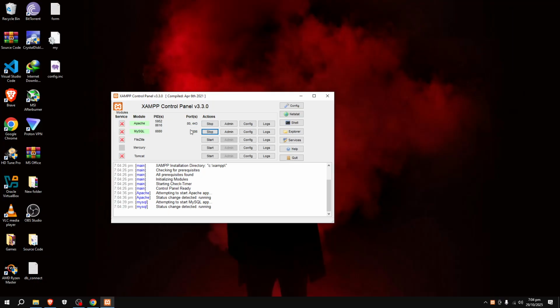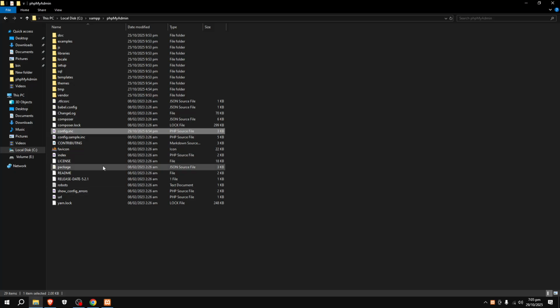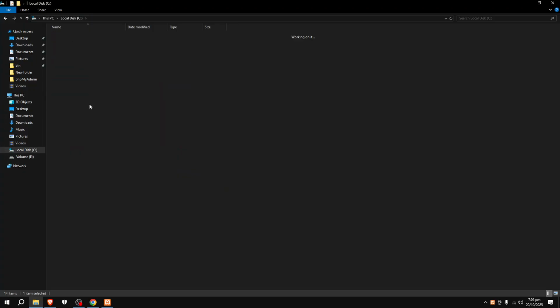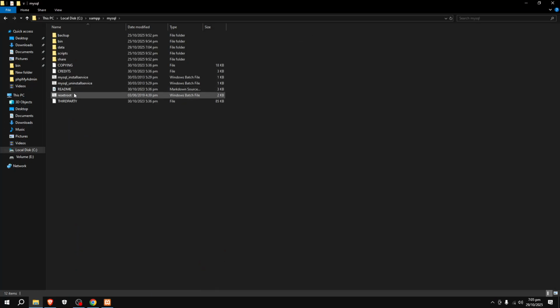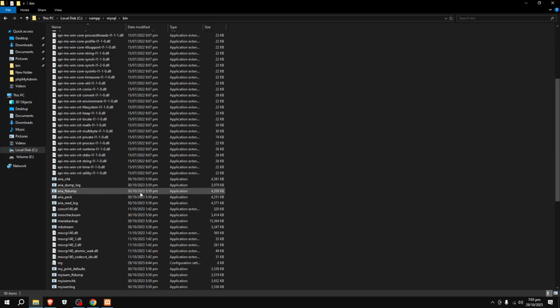But when this port is busy, here you will see an error that the port is busy, and you will try to start it, but it won't start. So now we will see the fix. In order to fix it, you go into Windows Explorer, open Drive C, go into XAMPP. First of all, open the MySQL folder, and in this folder you open bin, and here just find the file